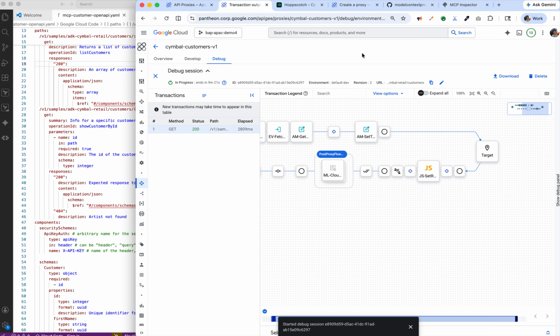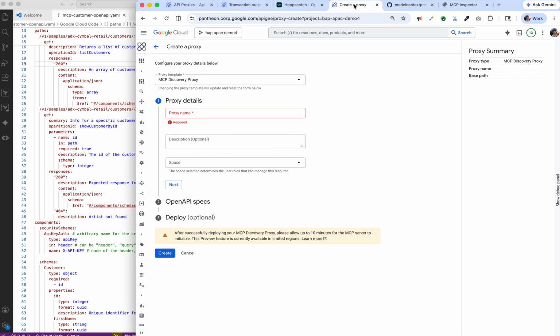Now, Apigee has a REST to MCP transcoding capability that we released a couple of weeks ago. The idea is we can leverage an existing REST API, and Apigee has features that allow you to transcode the REST APIs to make them MCP ready. So to get started, I'm going to show you how to choose create proxy, and from the proxy template,